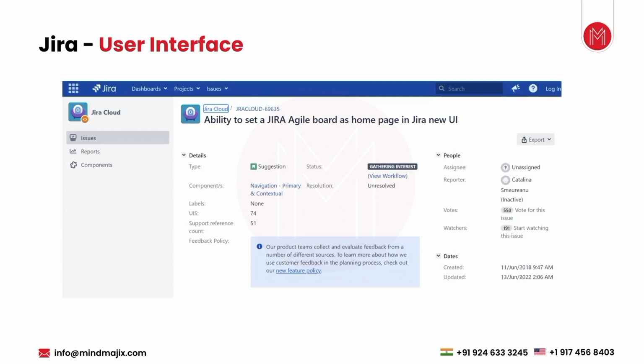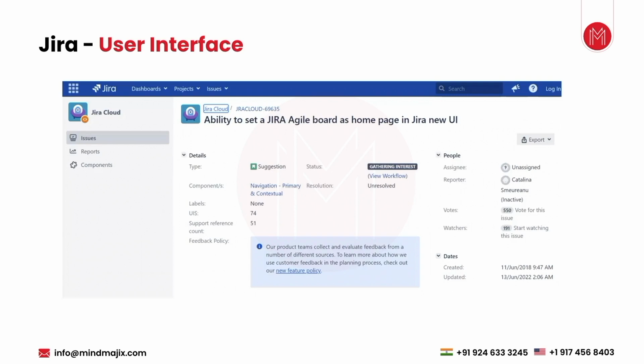The votes for this issue, that means how many people agreed to it, and watchers, like who have watched these issues or worked on these issues or have seen these issues. So those numbers are there. You can see there is a created date, the date at which this particular issue was created. So this is an older user story which was created in 2018 and which is still running, and you can see